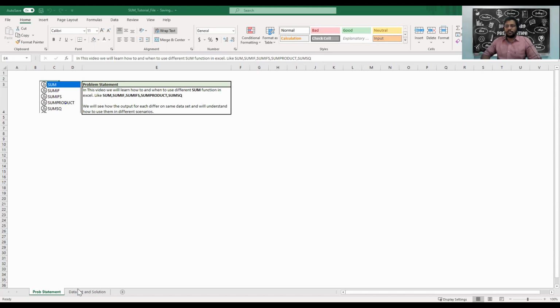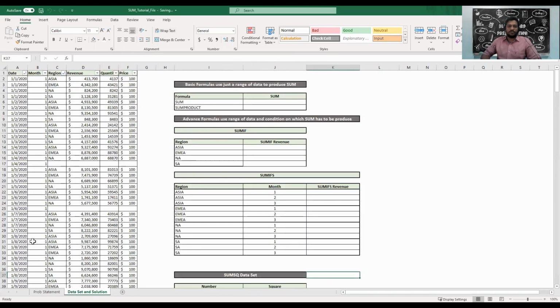So today's data set is a carry forward data set from count functions. And if you haven't seen the count function videos, please go and check it out on our channel. So now we will start with the data. Data is basically date, month, region, revenue, quantity, and price. For simplicity's sake, we have taken price as a standard of $100 for each quantity, and we have quantities sold in column E, and the revenue is derived from multiplication of column E and F. So when I say 4137 quantities sold, if you multiply it by $100, it is 413,700 worth of business,